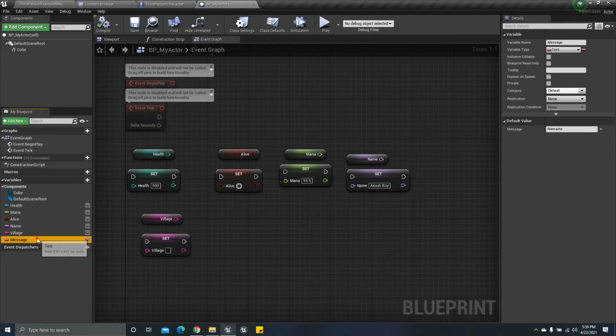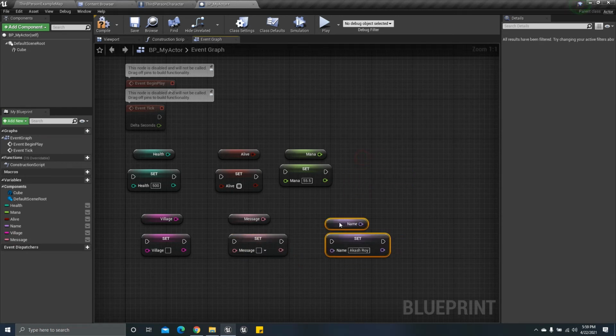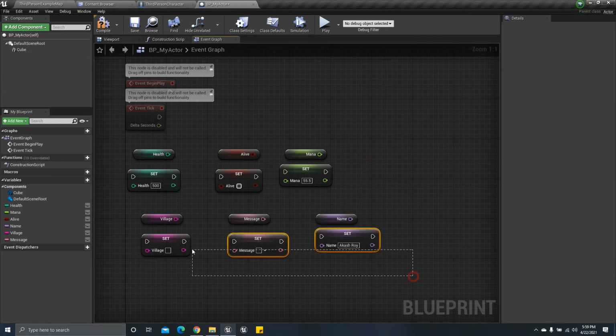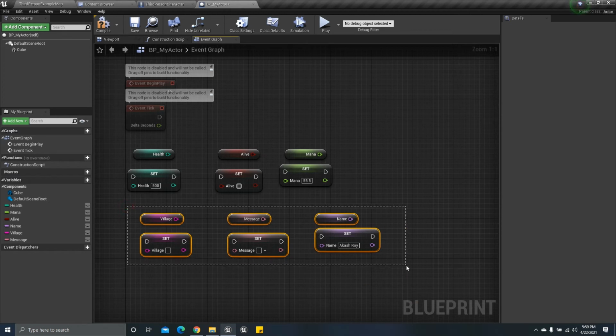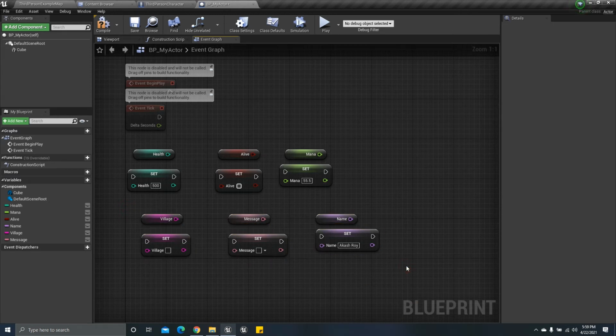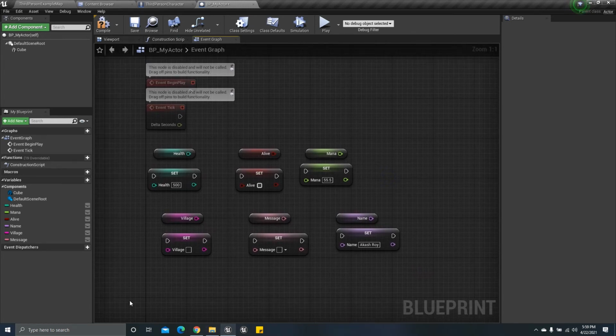Compile it and drag and drop here, set message, get message, and this is again the string one. So yep, you all can see the color difference. It is almost similar, but they have some variations of the color gradients, so that makes them different from the others. So that's how we create the variables, and we can use them in our logic or our Blueprint.